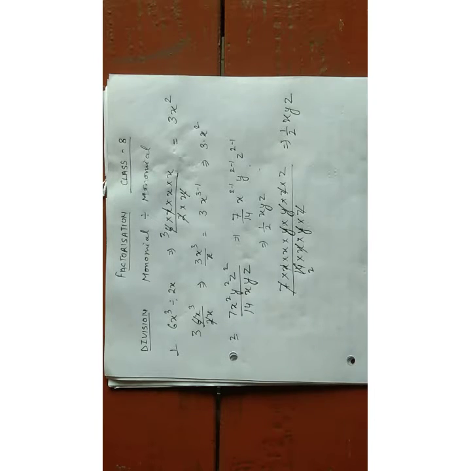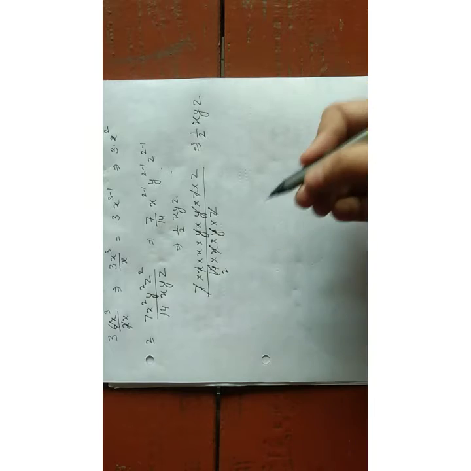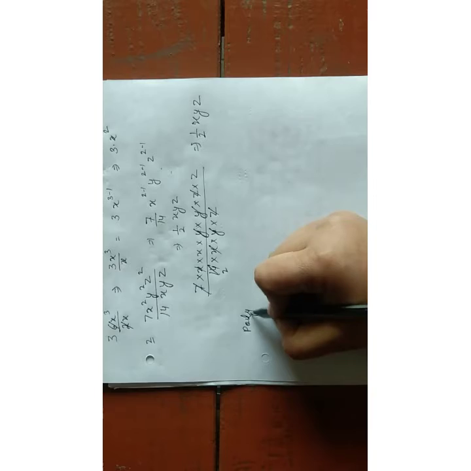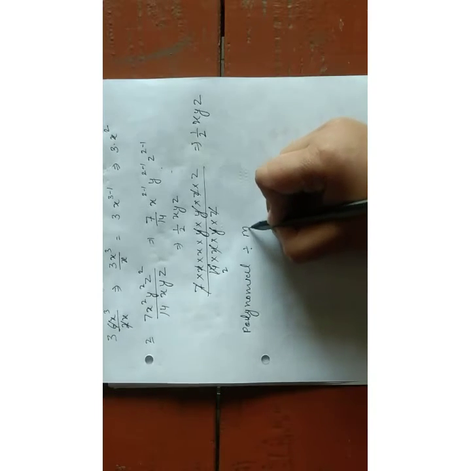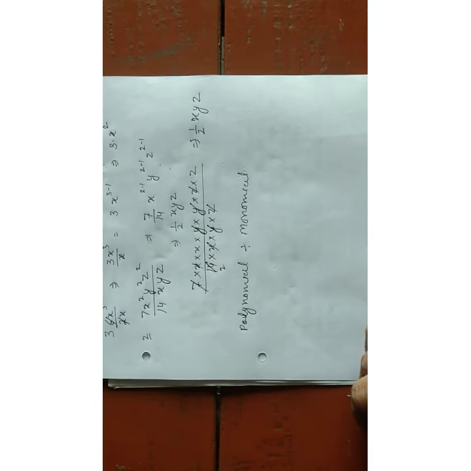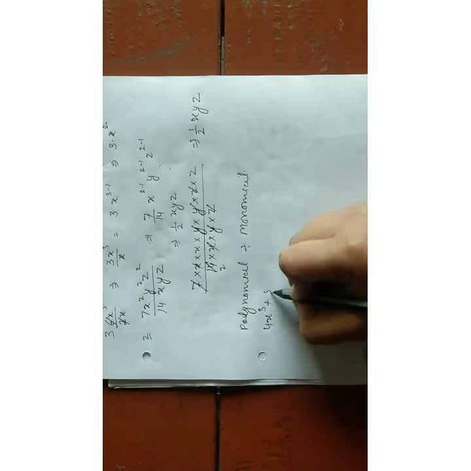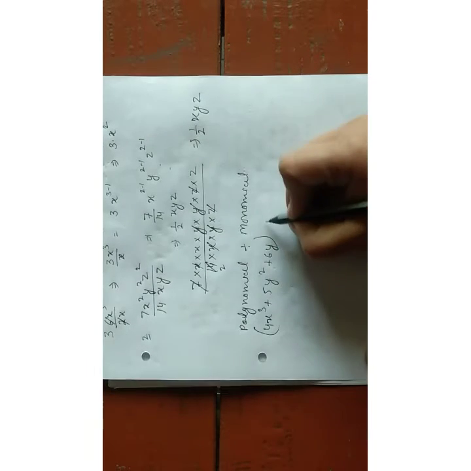Okay, next is division of polynomial by monomial. A polynomial may be a binomial, trinomial or have more terms than that. So you have to divide a polynomial by a monomial. Let us see one example. For example, we have to divide 4y to the power 3 plus 5y square plus 6y, and this needs to be divided by 2y.